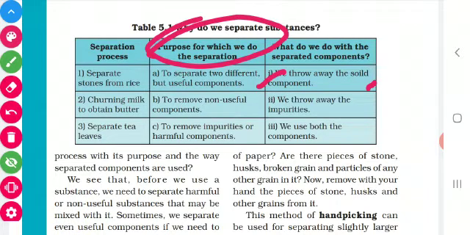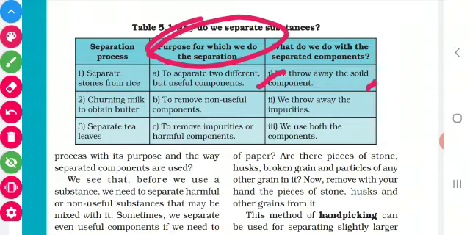We get two useful products: one is the butter, the other one is the buttermilk. We are using the butter, at the same time we are using the buttermilk also. So separation is used to separate two different but useful components. The two different products are useful in different ways.